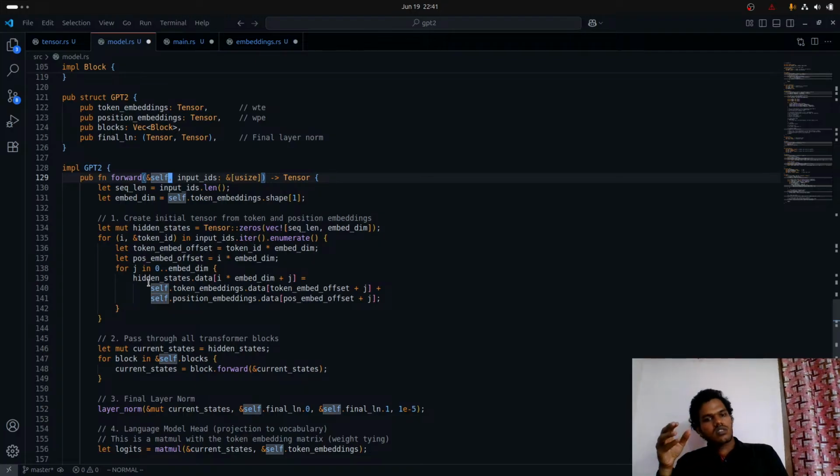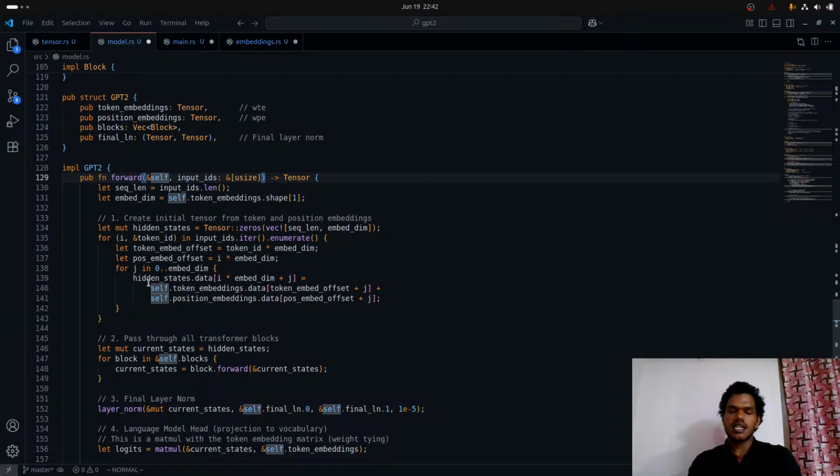Okay, so self dot token embedding data, where is it coming from? Hmm. So it does implement some part of the embedding layer, but it's not actually,